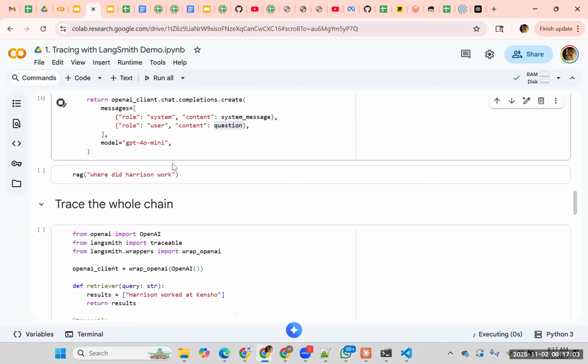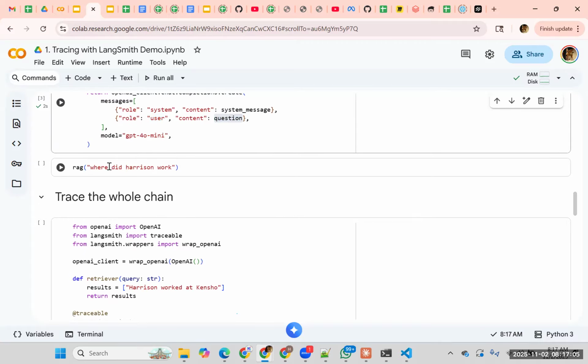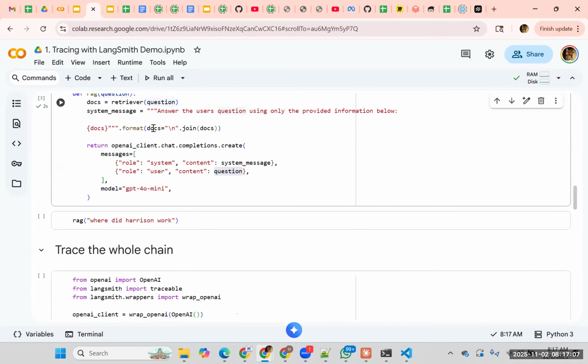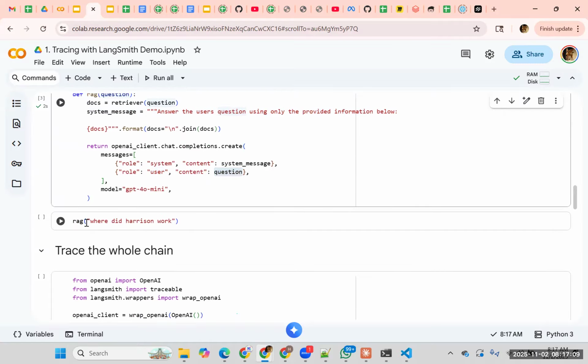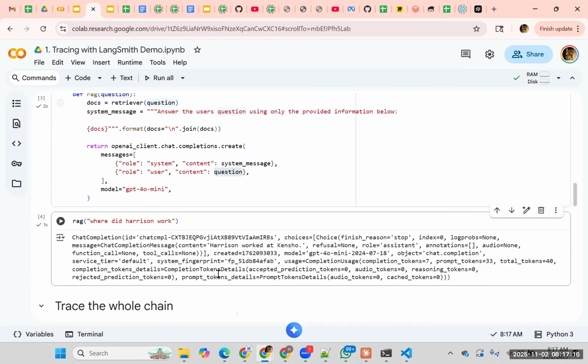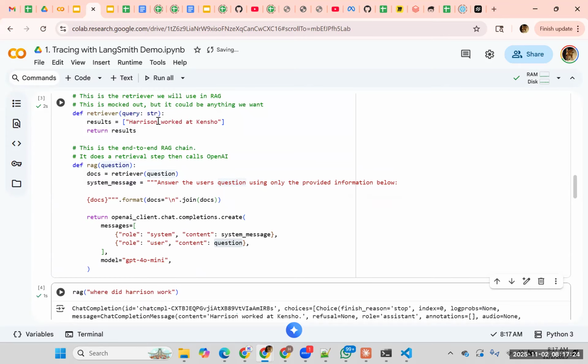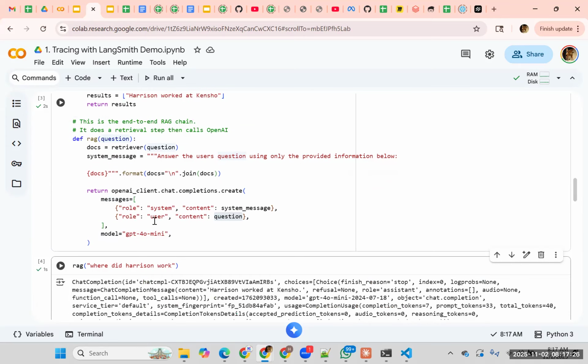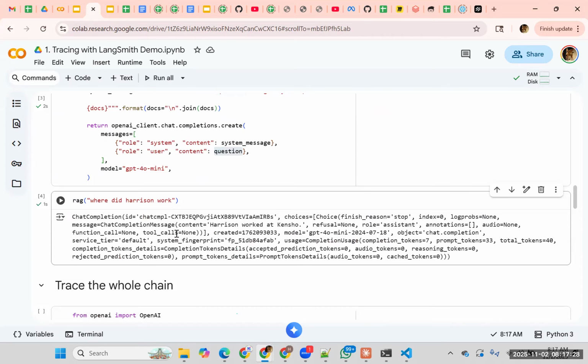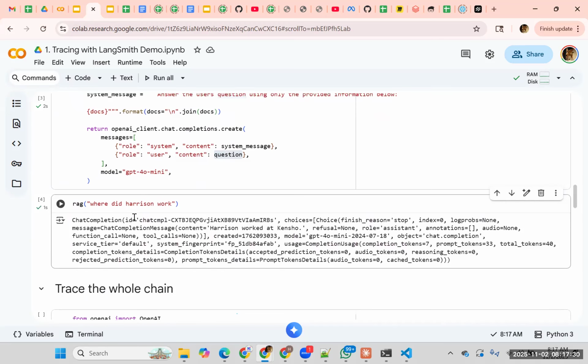So I'll do this. Now I will run this RAG with this question. Once I ask this question, it goes to the retriever. The retriever will give this information. This will be sent to the LLM model and the model will give you the answer, right? Now, once I do this,